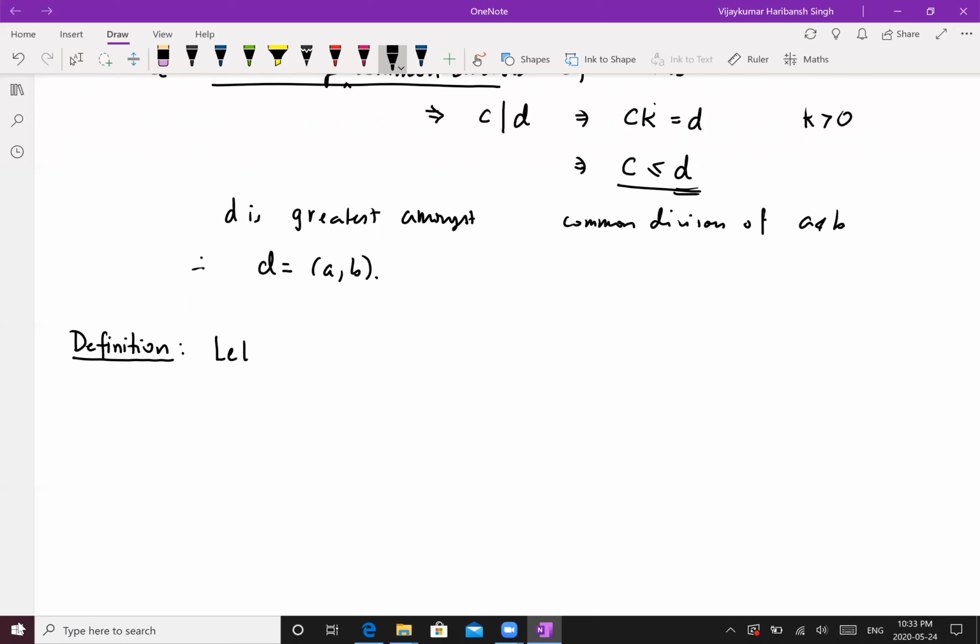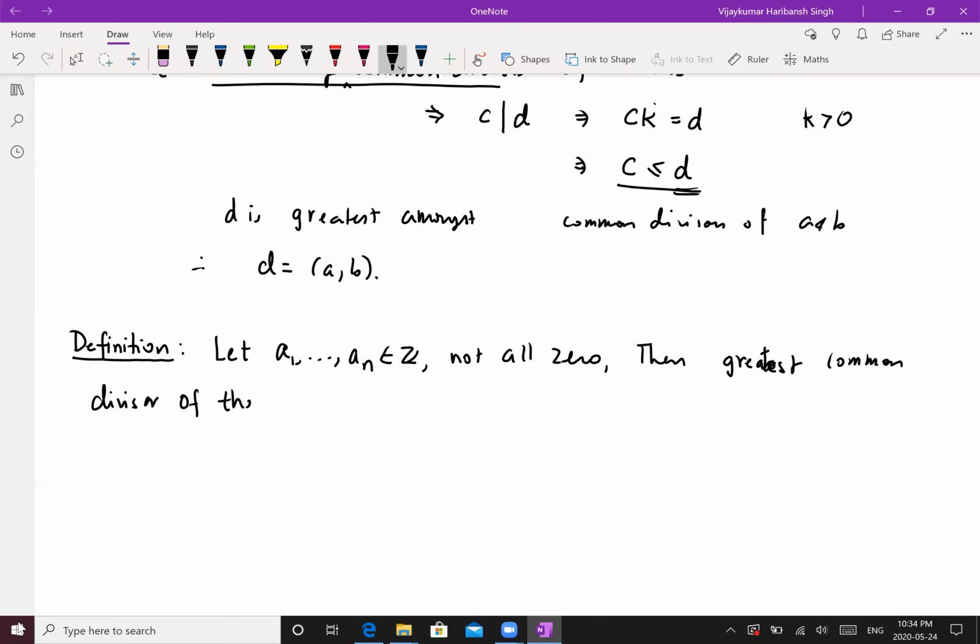Let a1 all the way until an belong to Z, that means integers, not all 0, because if they are all 0, we'll define it to be 0. Then the greatest common divisor of these integers